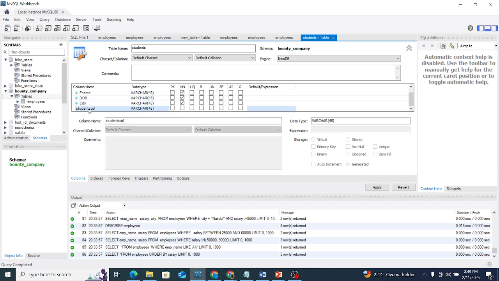So let's get into the last column here, and in this case we want to indicate the class. So this one can take variable character, and also we say that it is not null. So after creating all these columns and setting their data types and also some constraints here, in this case I want not the F name,